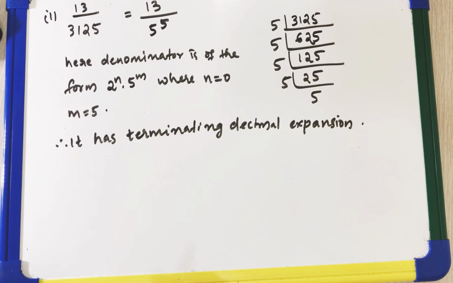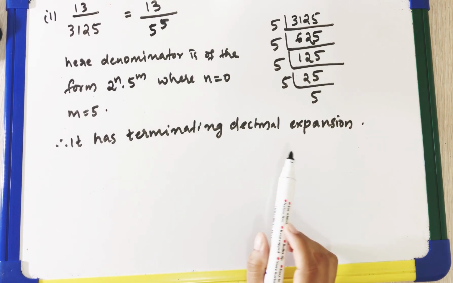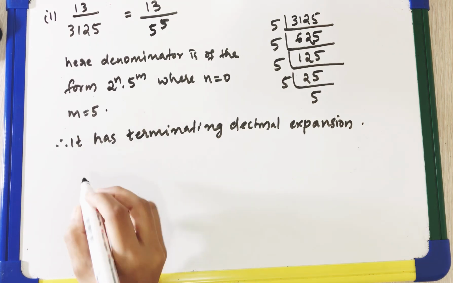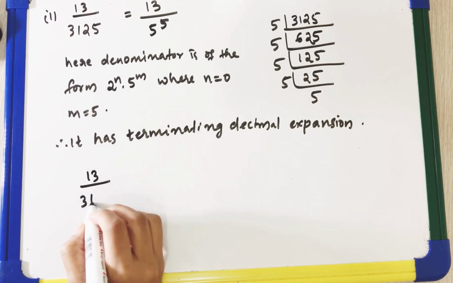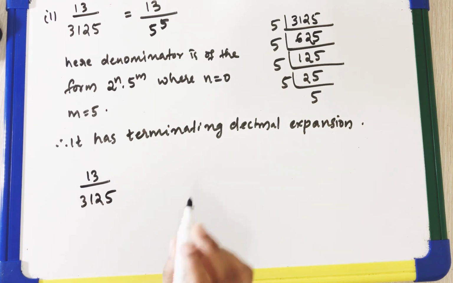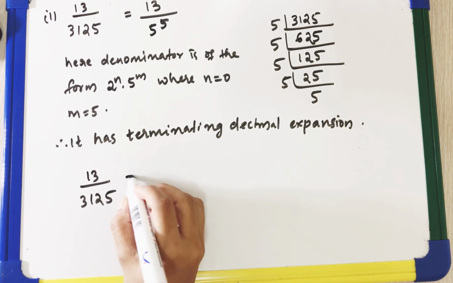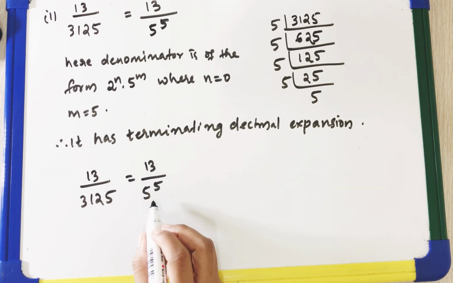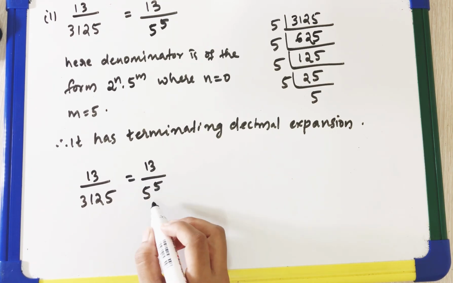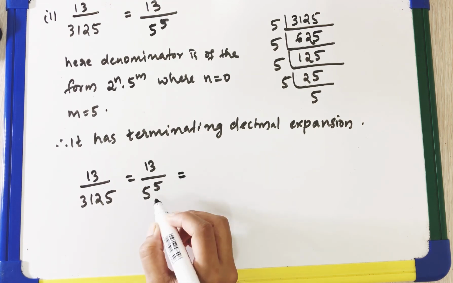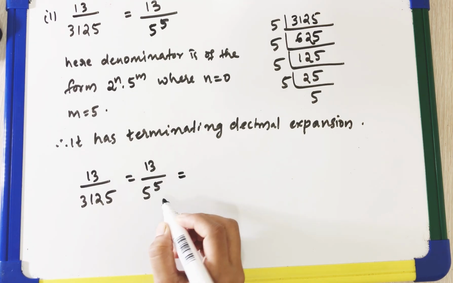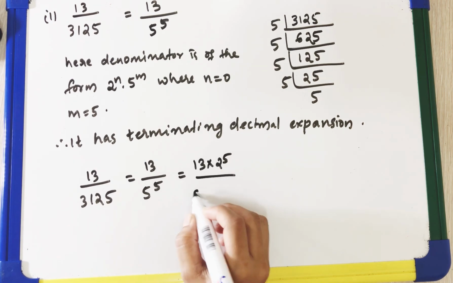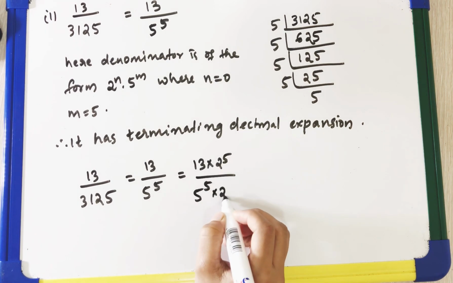The second part of the question was that if it has a terminating decimal expansion, we have to find the decimal expansion. Here 13 by 3125 has a terminating decimal expansion. Therefore we have to find the value, which is equal to 13 by 5 raised to 5. To convert it to the form of a power of 10, we can multiply the numerator and denominator by 2 raised to 5. Then 13 into 2 raised to 5 by 5 raised to 5 into 2 raised to 5,